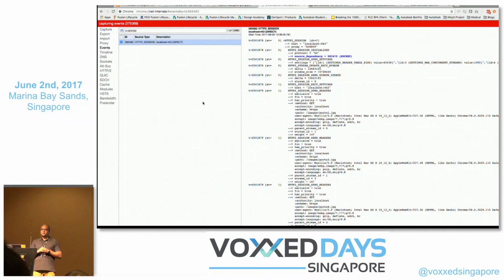The main problem that I saw with the push contract is that when you create a connection, this is where the settings frames are exchanged between client and server, and this is where you decide whether to allow push or not. But it would have been great if we could do this contract at the stream level, so that I know whether I can push or not.